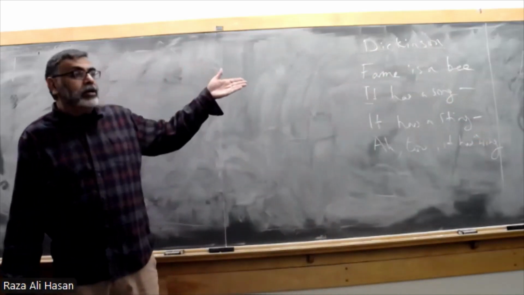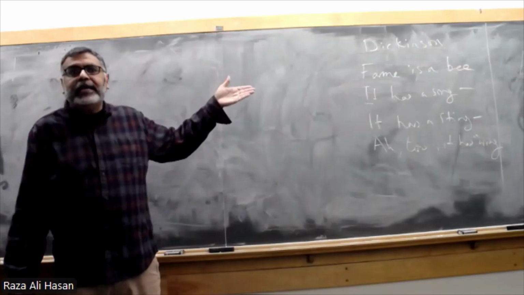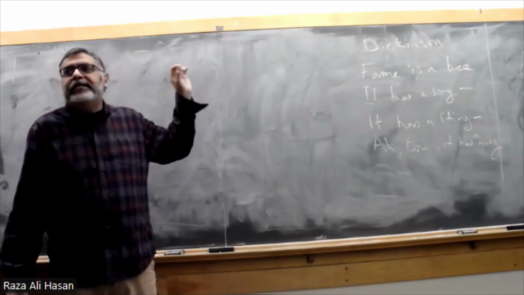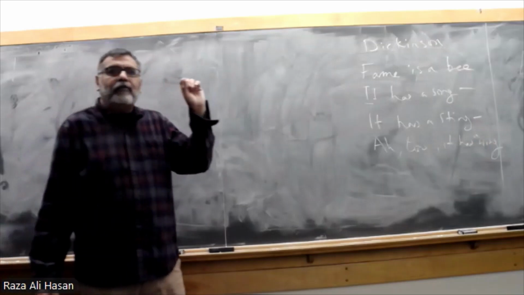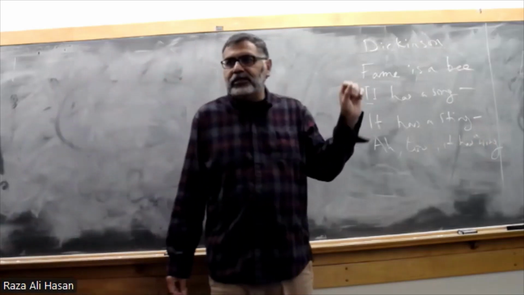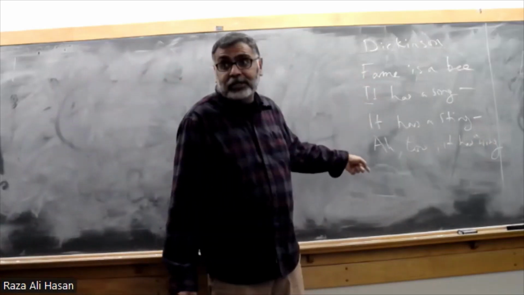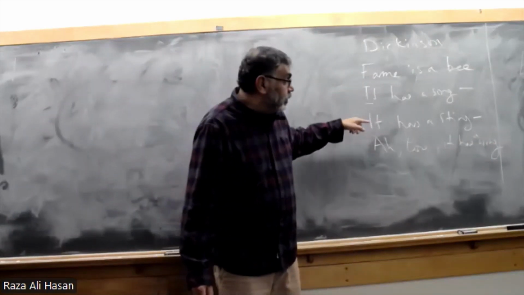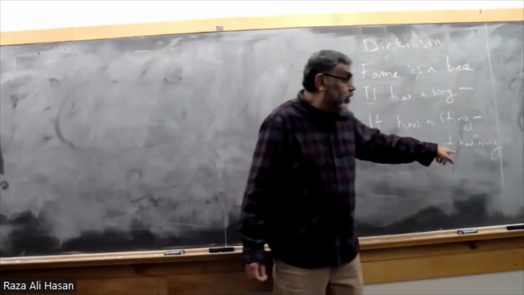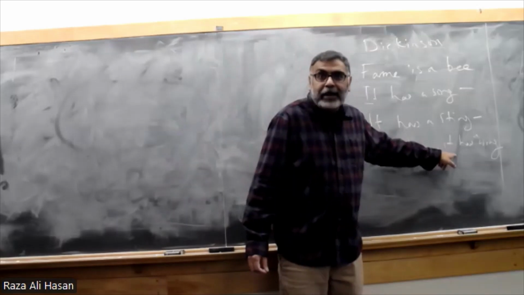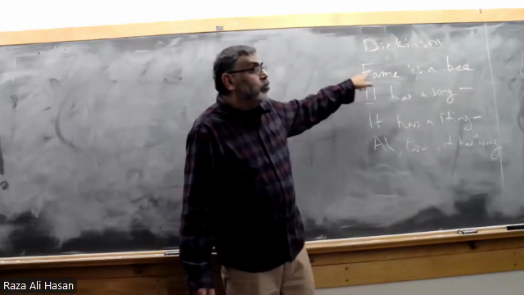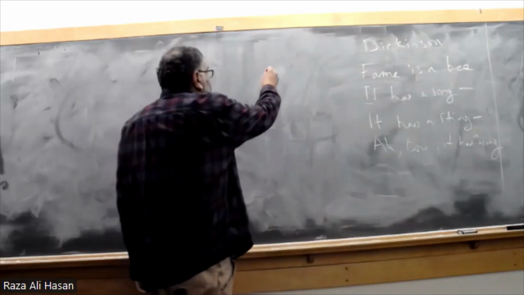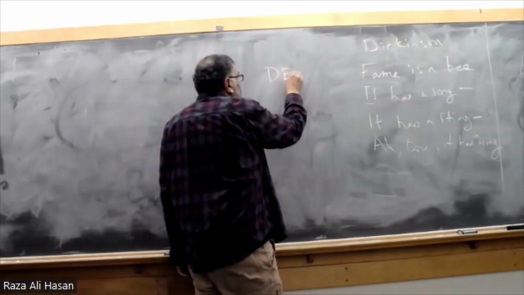this poem, according to me, works identically, similar to a definition. When mathematicians write definitions of things, this is what they do. They say it has this condition, it has this condition, and maybe this condition too. Then we can define fame to be a B. So this is the definition of fame.